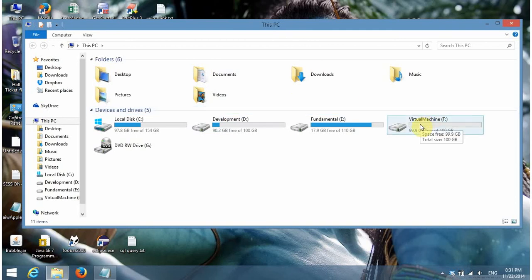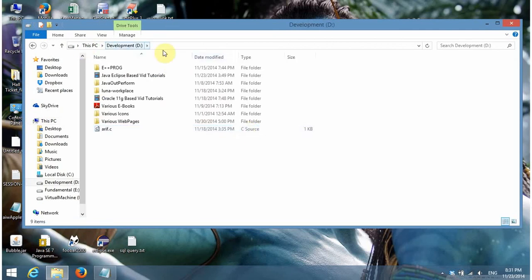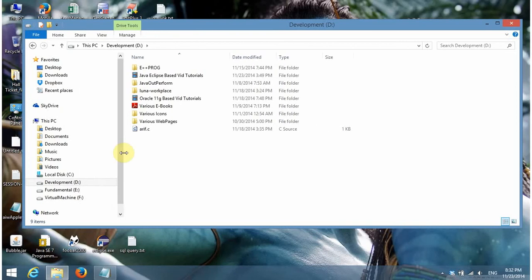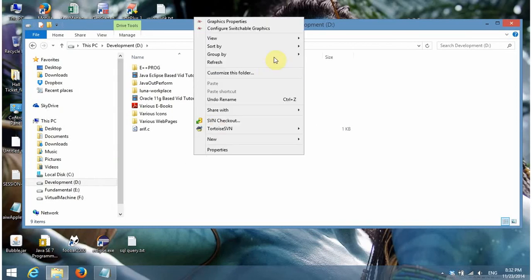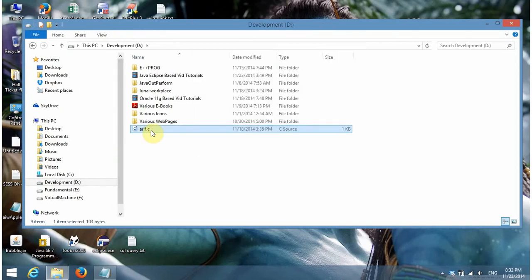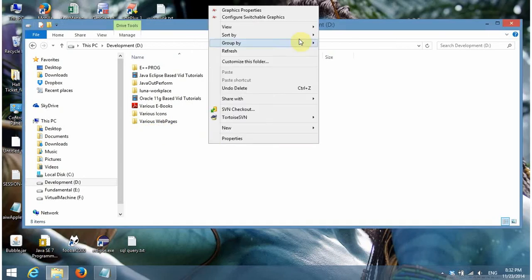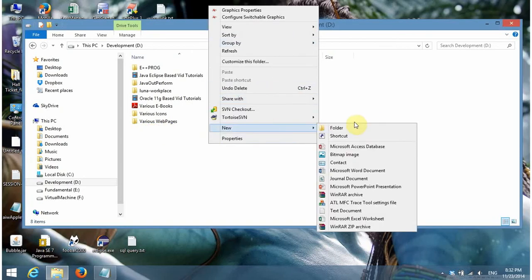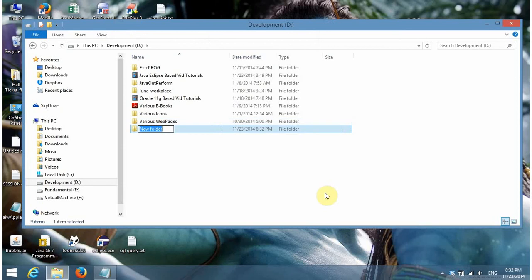First we will create the two sandboxes. Sandboxes are nothing but directories and nothing else, but in terms of SVN, we call them sandboxes. So we will create our first sandbox, new folder,